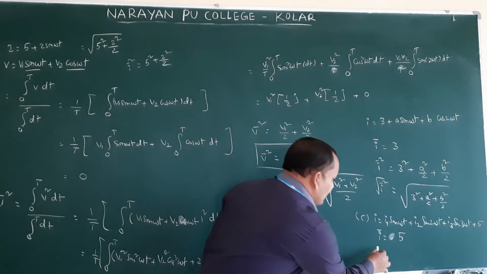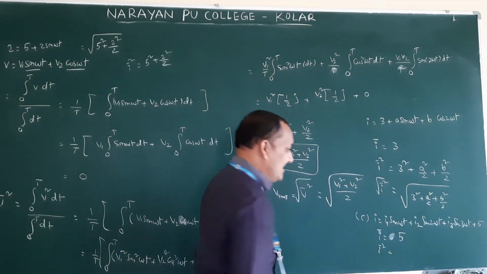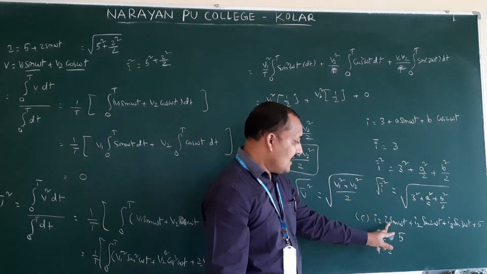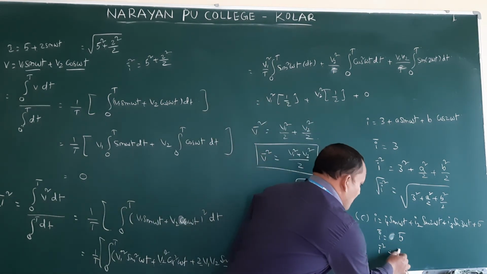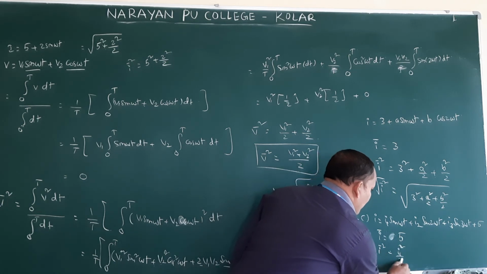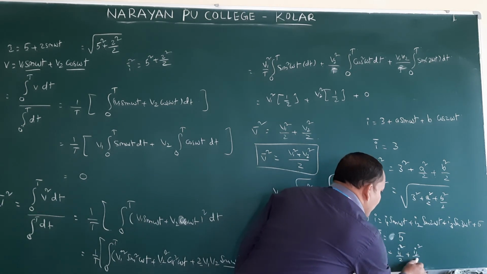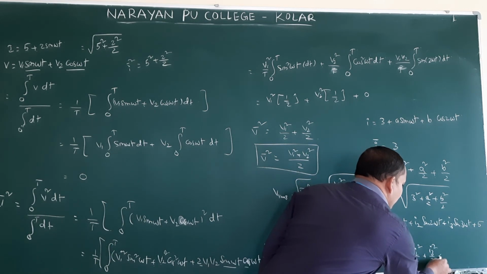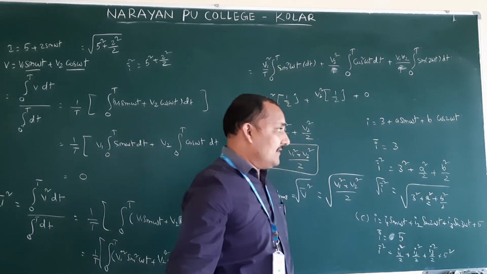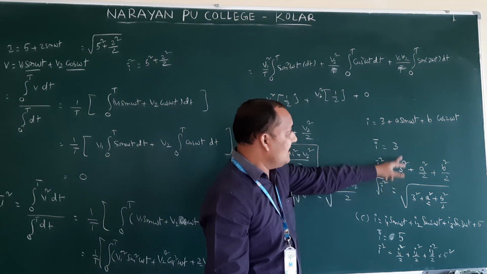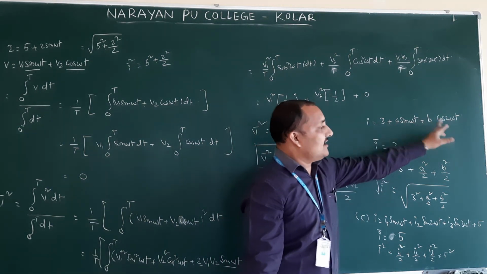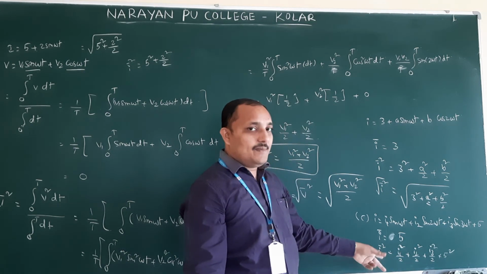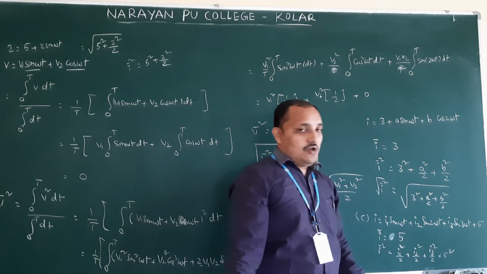Okay. Next, I bar square. Mean square. I bar square means according to this formula, what is it going to become? I1 square by 2 plus I2 square by 2 plus I3 square by 2 plus 5 square. According to this formula, a square by 2. Whenever a constant is there, you have to write like this. This is I bar square. Root mean square means you have to keep it under root.